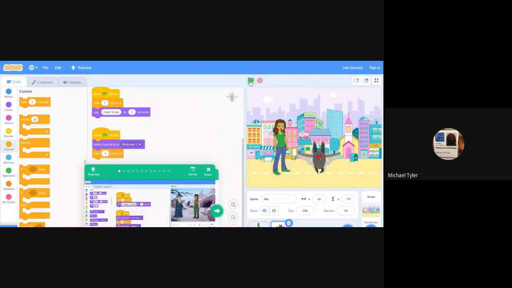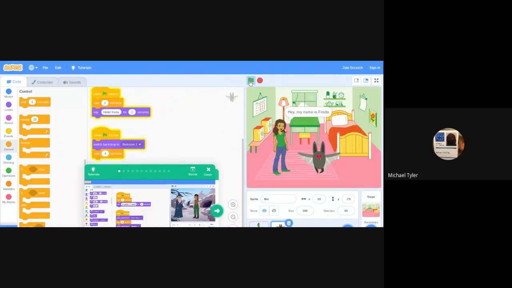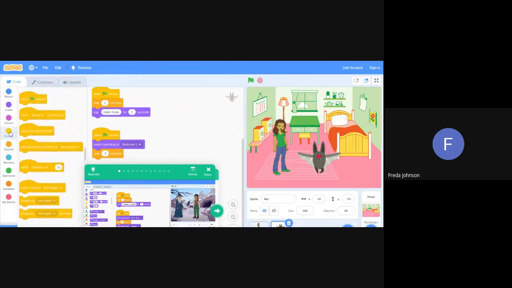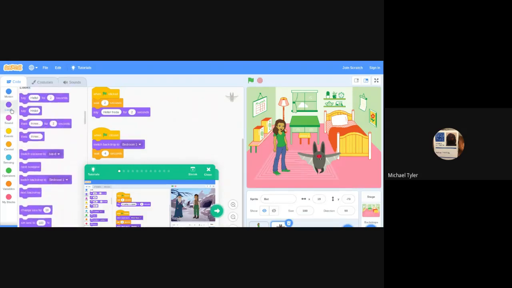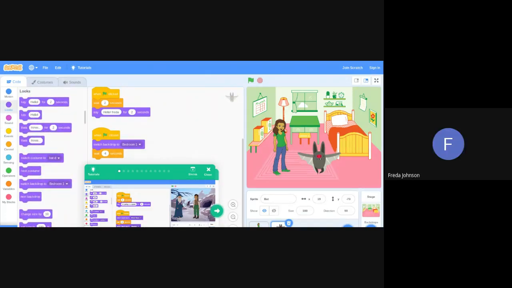There you go. Okay. Now it's waiting on the next piece of code. You're doing good. So I go to events. Oh, no, no. What was the next piece of code? I think it was looks. I think you got it. Then switch to